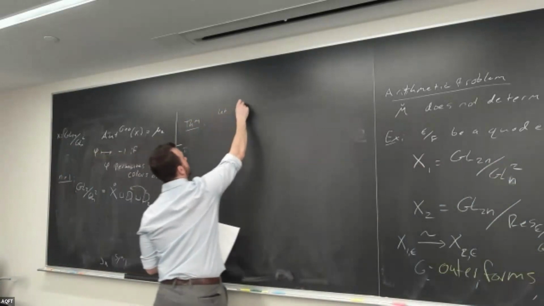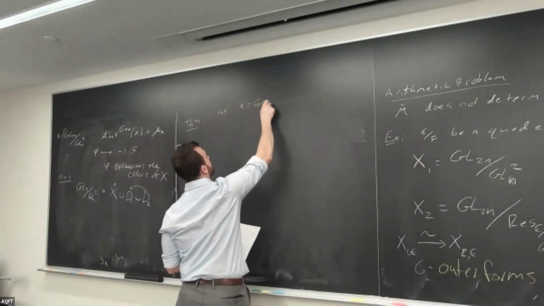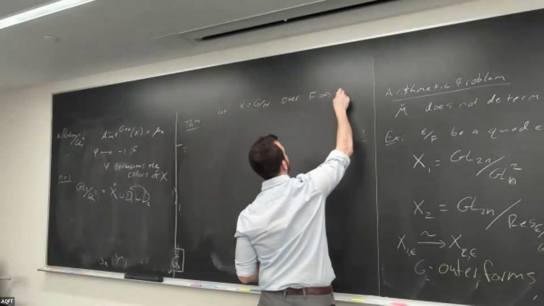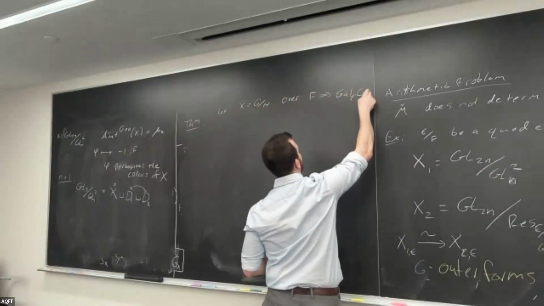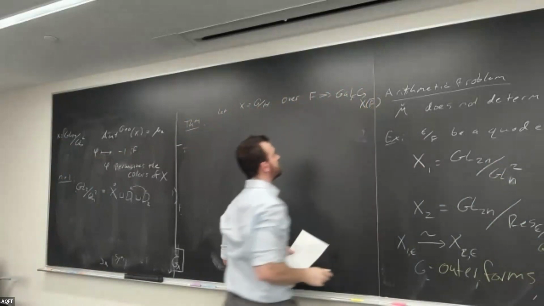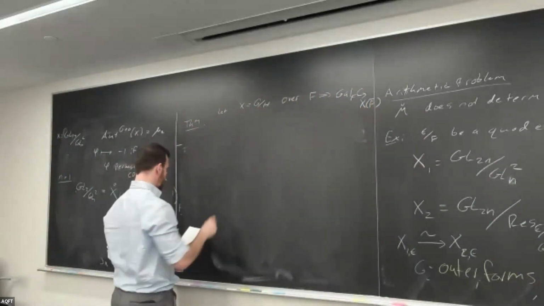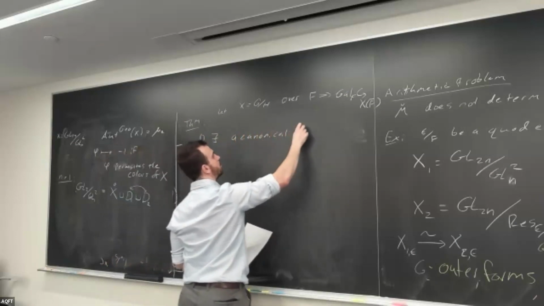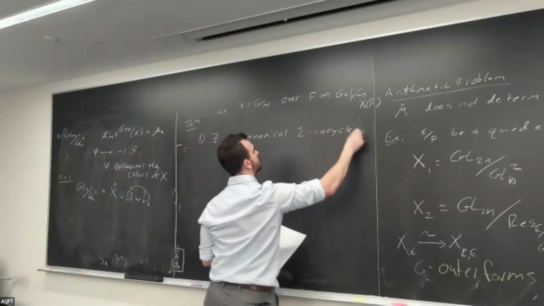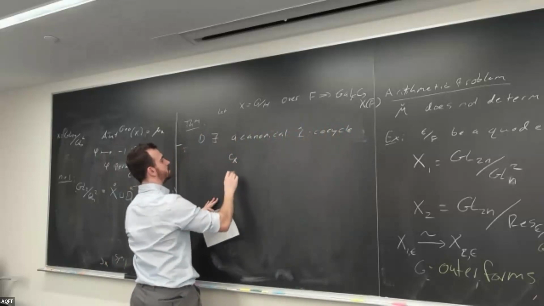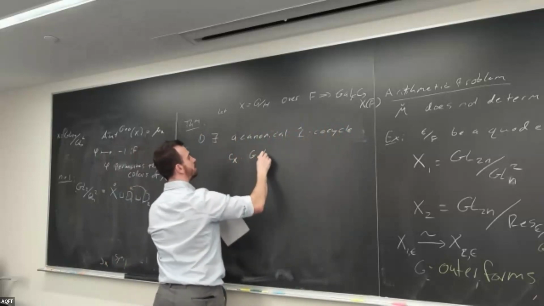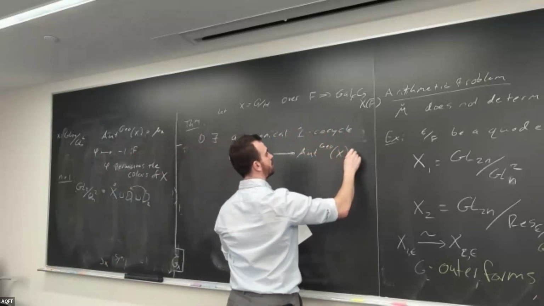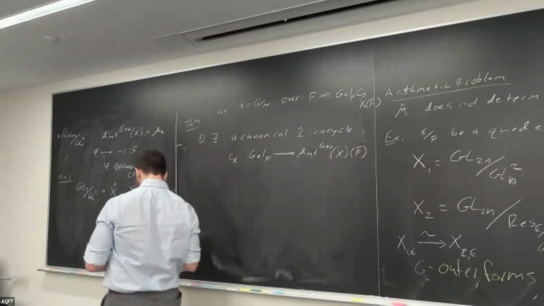Let X be a G-variety over our field F. So we get an action of the Galois group on, for example, the F-bar points. There exists a canonical one-cocycle, which I'll call c_X, from the Galois group of F to this automorphism group of X over F-bar, such that